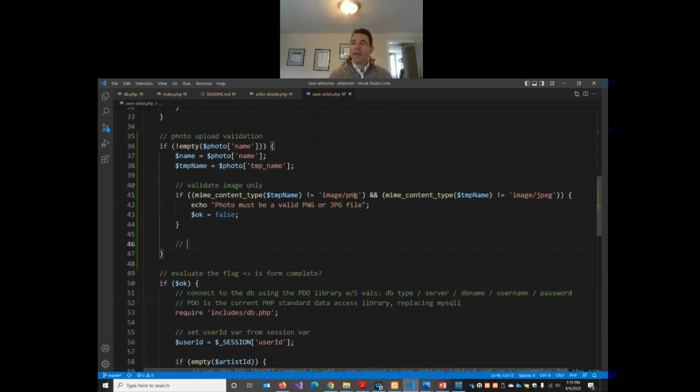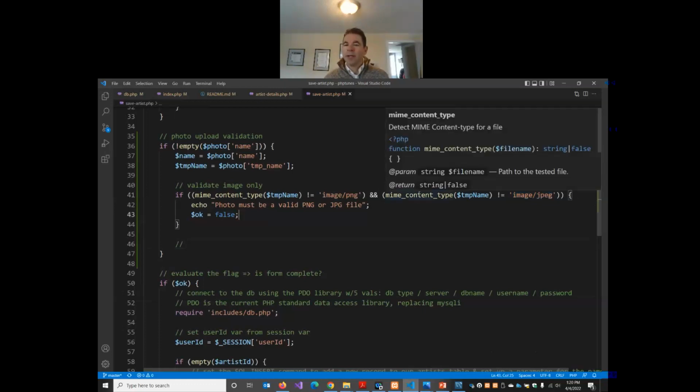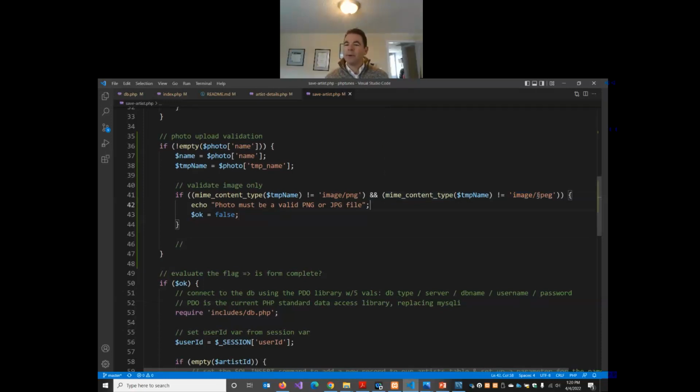If our file is a PNG, Tyler, it's not based on the extension, it's the MIME content type, so it's the same. Good question. Remember, this is not checking the extension, this is actually checking the MIME content. So even if the extension is JPG, the MIME content type will be image JPEG. If our file is an image,